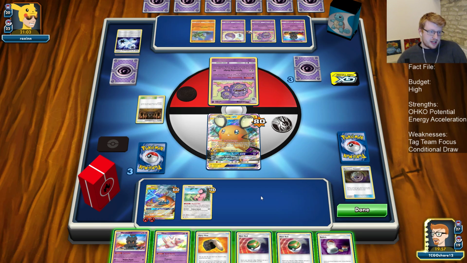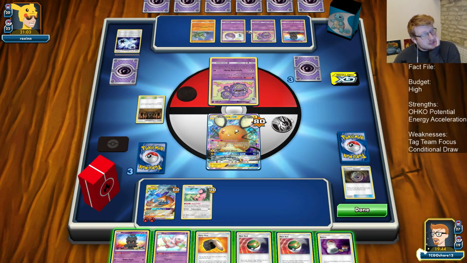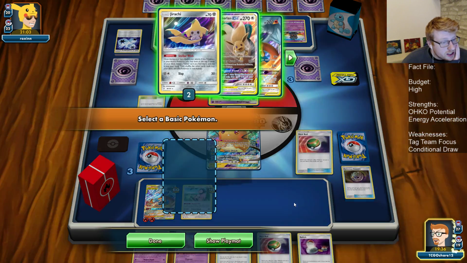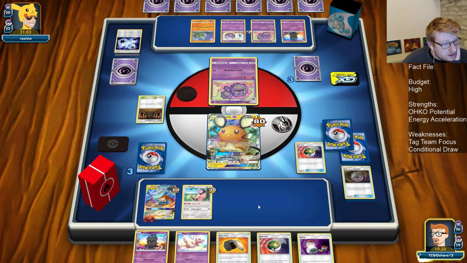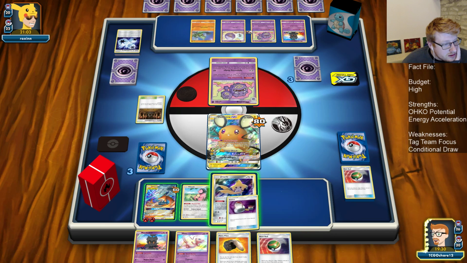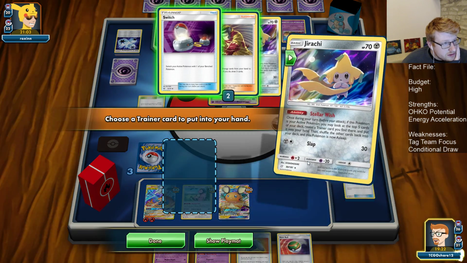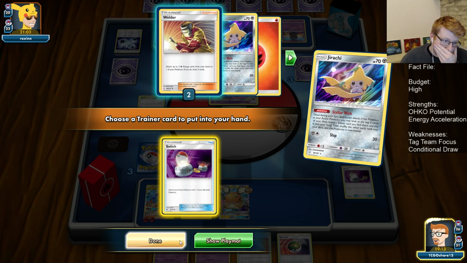Still 3 knockouts away. I give him this. I need to do a lot of Splattering Sludge math here. How many Spell Tags played? 3 Spell Tags played. Is really tempting. Okay. Oh, we need it to be...